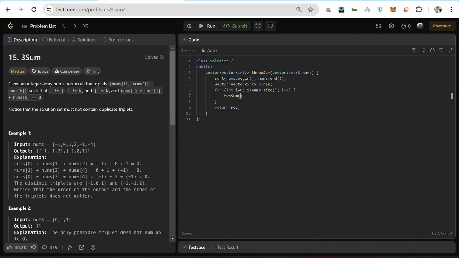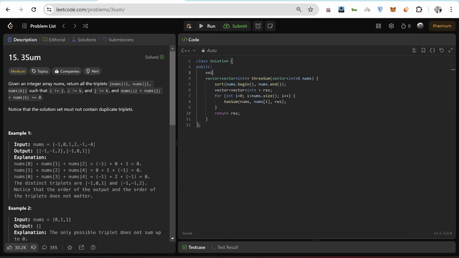So let me just pass that real quick. I'll pass the current number, which will be nums of I, and also the result vector, so I can push the results. Now let's create this function.